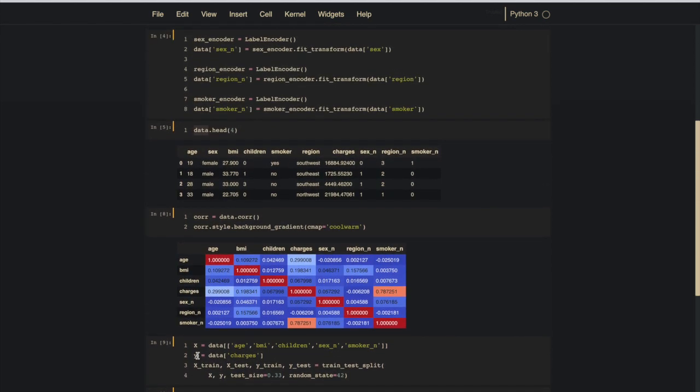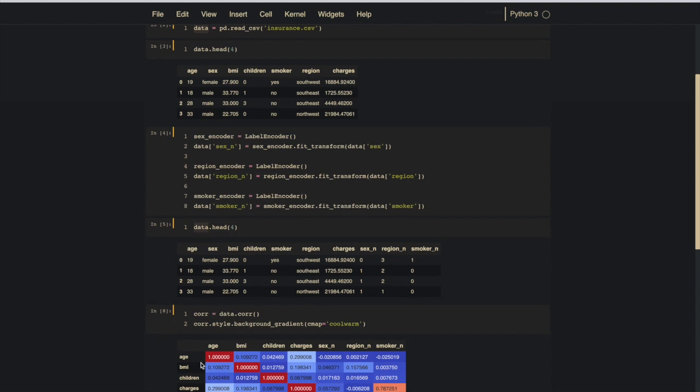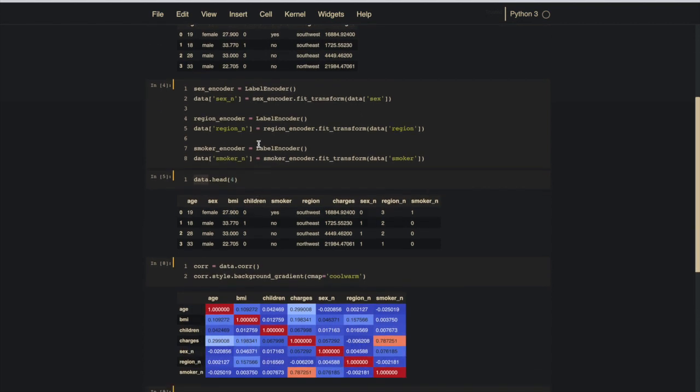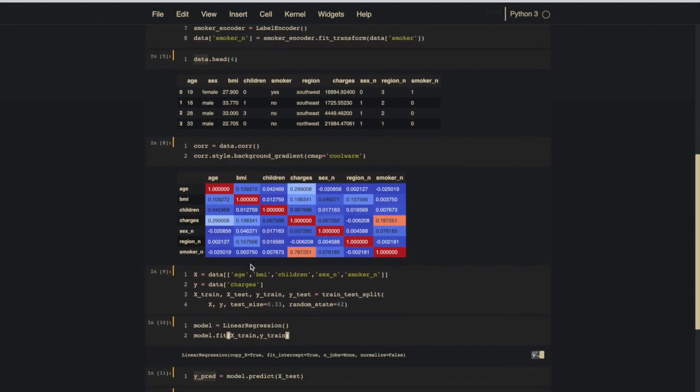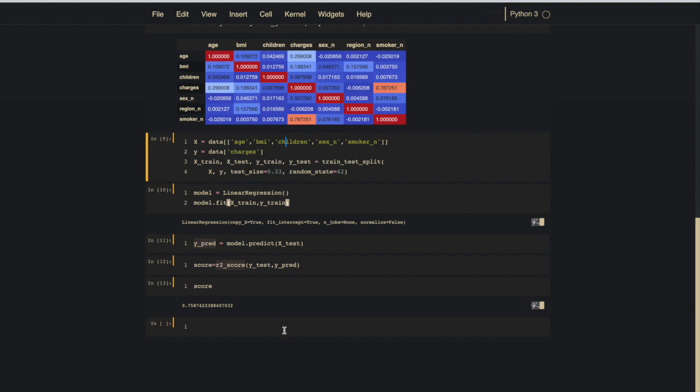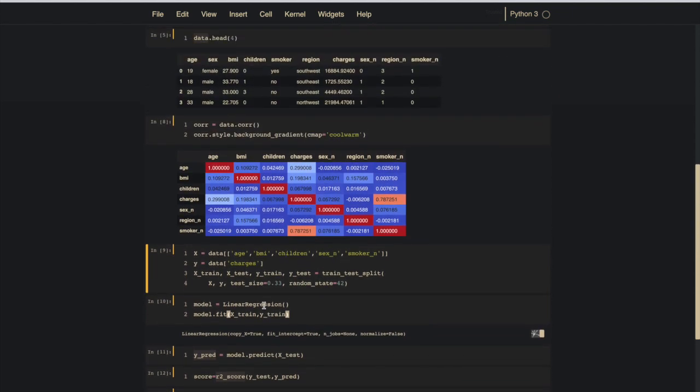So here is how you implement linear regression in Python. You can do it with other datasets as well; the technique will be the same: read, encode, choose the features, fit and predict. The main steps are encoding and choosing the right features. You can do an exercise: take 3 features, 4 features, 1 feature, 2 features, or maybe all features, and see what the score is. That way you can actually learn.